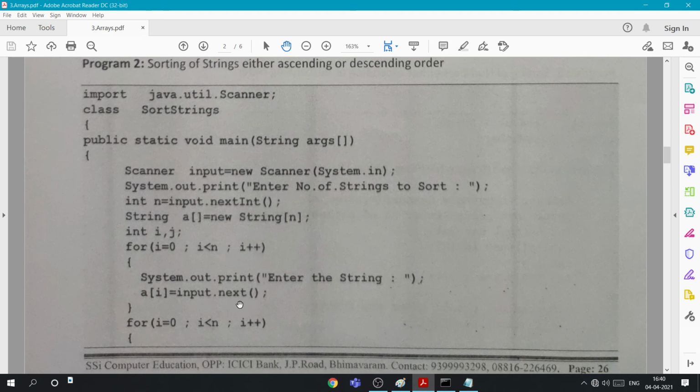Previously we were using nextInt or nextDouble, right? Instead you just write next, and that will take the input as a string. So a of i is equal to input dot next. Input is an object created from the Scanner class. We can name it anything you want.